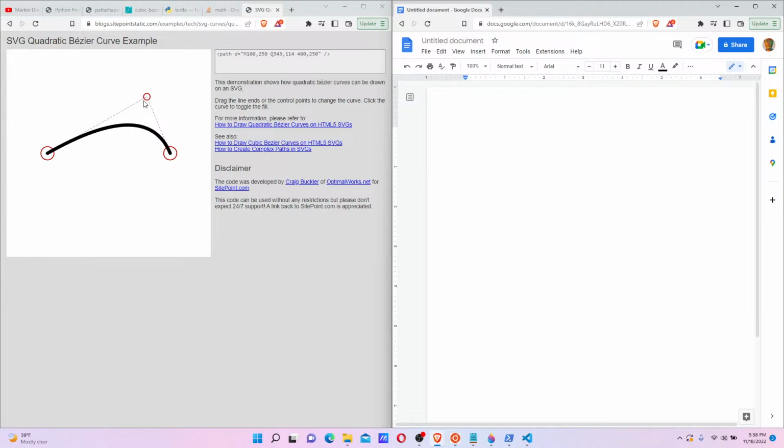Okay, let me think. So this point has to be beyond. If there's 2 of these curves, and the first one is like that or something, and the second one is like that,